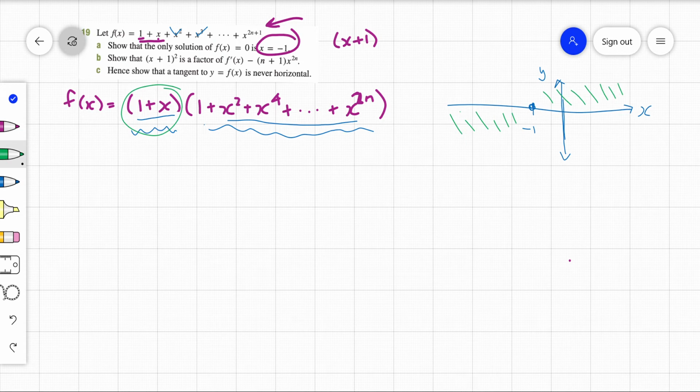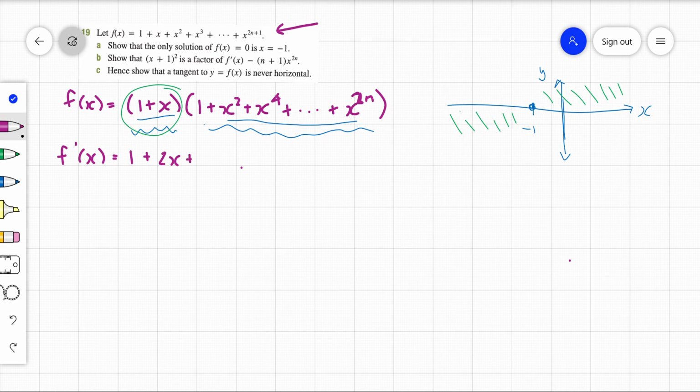Alright, let's have a look at B. So show that this is now a factor of f dash of x. Okay, so it says f dash of x, so let's go ahead and find f dash of x. So f dash of x, going from this top section up here, if we differentiate 1, we get nothing. If we differentiate x, we get 1. Differentiate x squared, we get 2x, etc. So we're going to get a 3x squared, a 4x cubed,